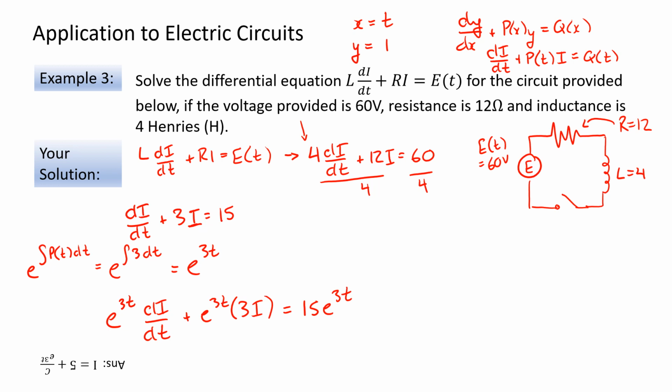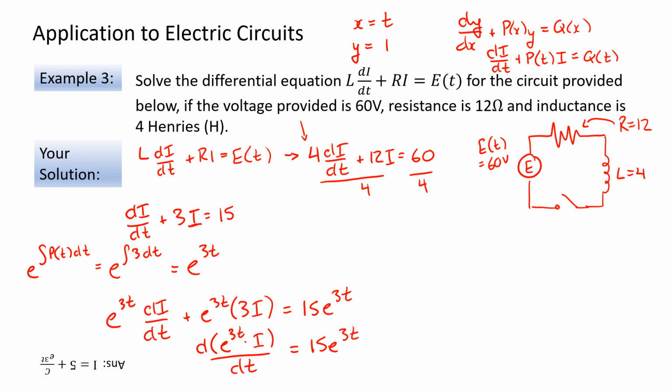The left-hand side we have to convert to the product rule. And we always use our function y, which in this case, remember, is I, and our integrating factor, which is e to the 3t. So if we do that, we get the derivative of our two functions, e to the 3t times I, with respect to t, so by dt, is equal to 15 e to the